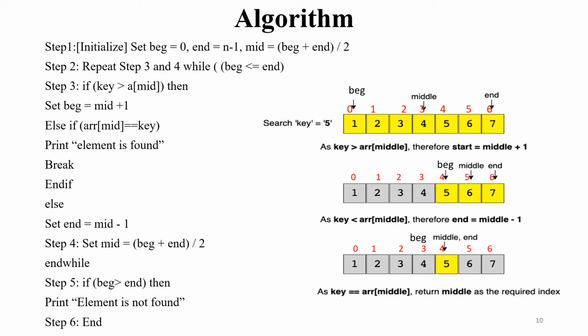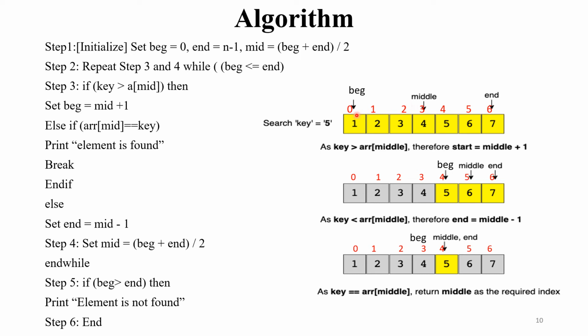Algorithm for binary search. All of you clear about the binary search example? In binary search, there are two cases. In the first case, the element is found, and in the second case, the element is not found. In this example, we will first find the middle element. Then we compare this middle element with the key. If the key is equal to the middle element, then we stop the algorithm and print "element is found".